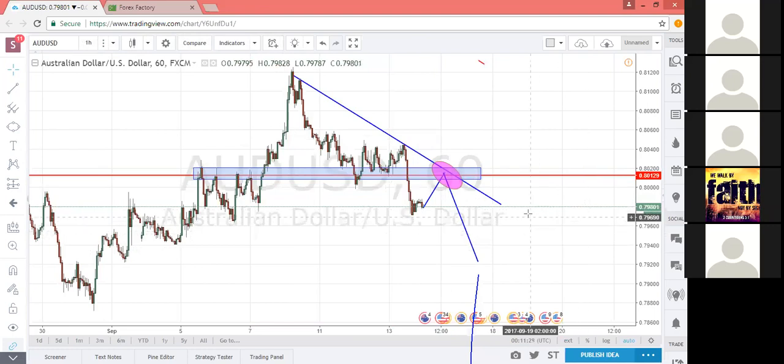Alright, so that is a particular zone. You have a nice area of support. This level was an area of resistance in the past. It was broken, it became support. It got broken again in recent past. Now, since this level of support has become an area of resistance,